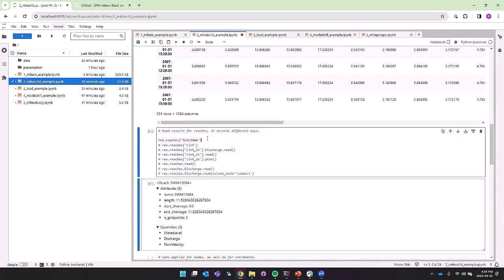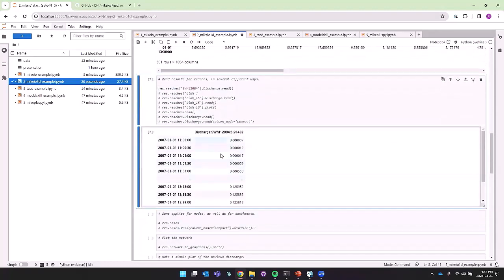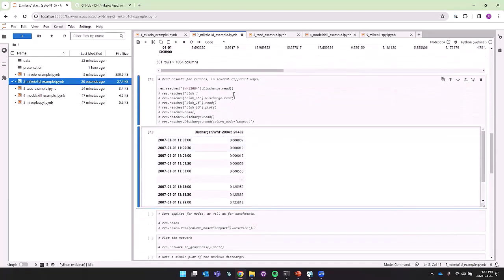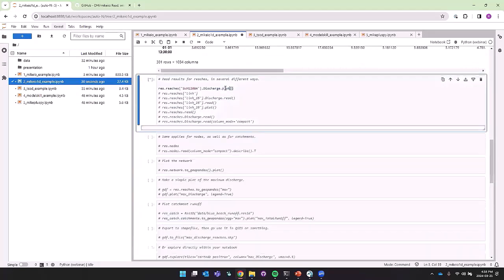And then if you want to get the quantities on that, you would just simply .discharge, .read. And now we have a much more manageable data frame than we did up here. It's just one column. If we don't want it as a data frame, we could also plot it.